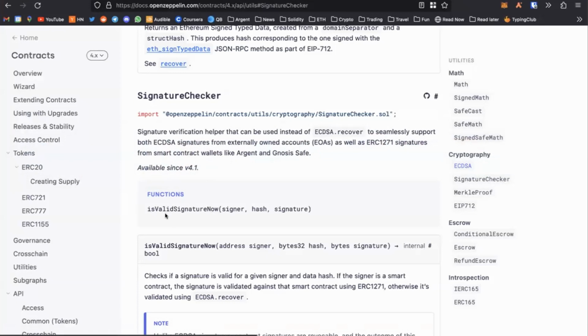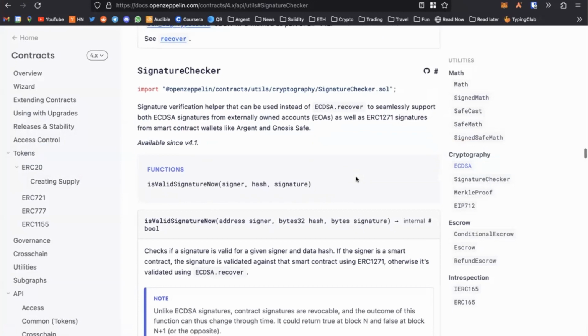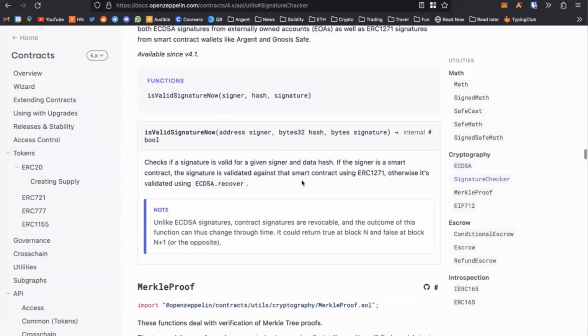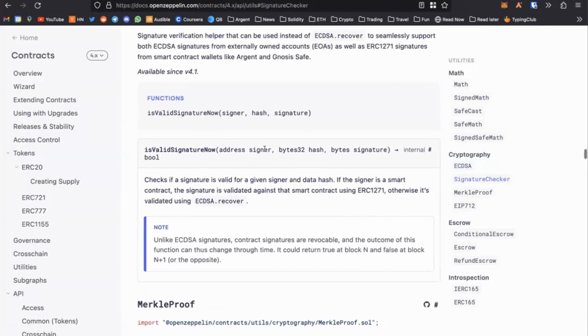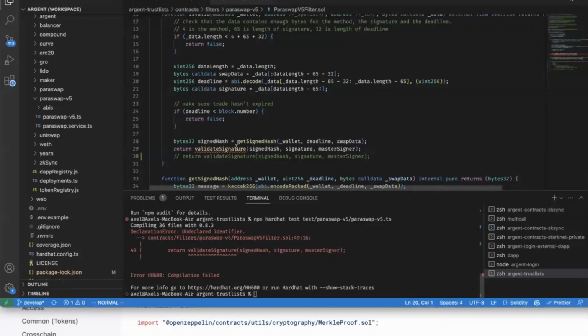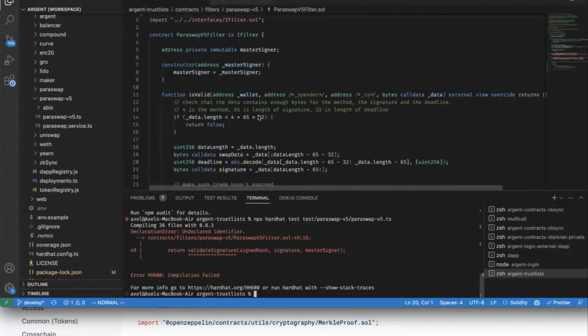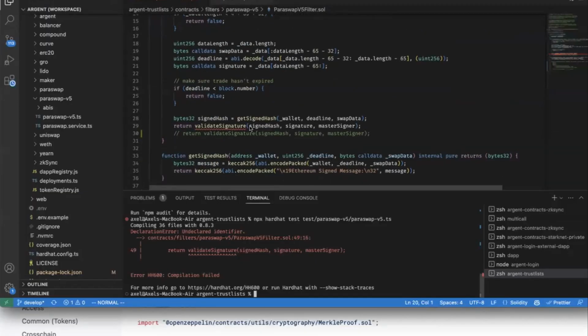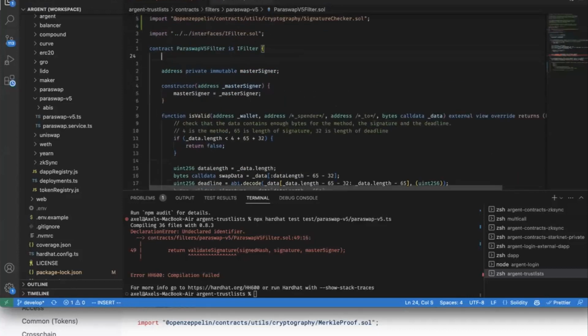Now also here you can see the difference. Instead of just isValidSignature, they added "now" to really emphasize that the signature is valid at this point in time, but it may not be in the future. So I think we want to call this, and since it's on an address, the signer, the address we have is this master signer. The hash we just computed above, the hash of the message, and the signature we have also. So to use the library, is it using SignatureChecker for address?